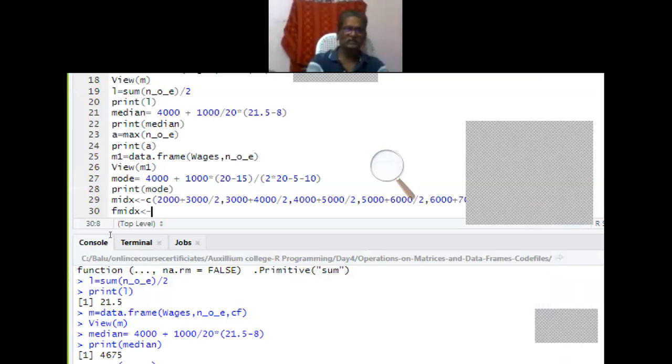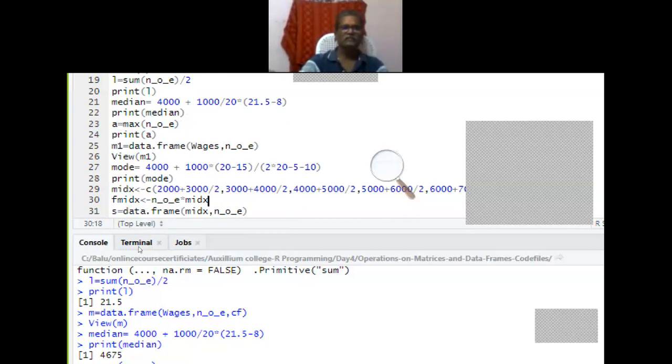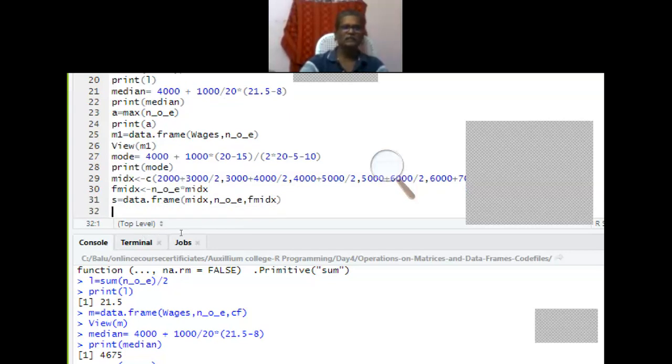F star, sorry, number of employees star mid-x. Here you can write F mid-x. Enter. View. I'm running these three commands. Let me see what will happen.